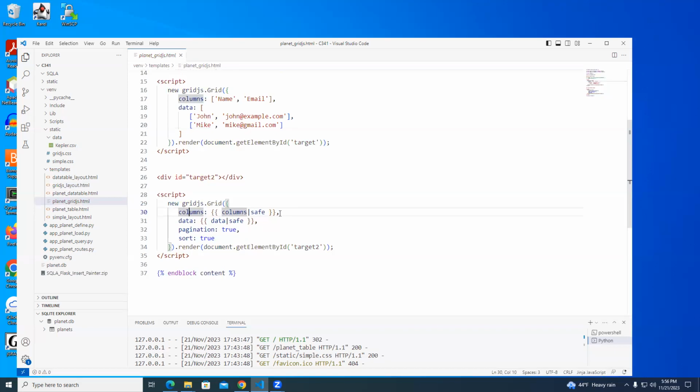And I'm bringing over some code from Flask. So Python and Flask are making my columns and sending it over, and I'm using Jinja to insert it on this page. And so when you are sending over HTML code or JavaScript code